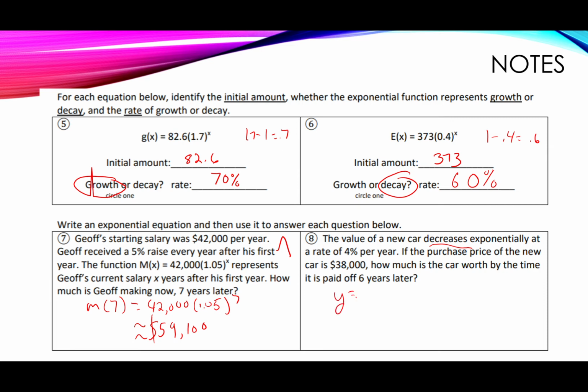So y is going to equal 38,000 because that's my starting price. And then I got to find the rate. Well, it says decay, so I got to subtract 1 minus 0.04 because 4% is 0.04. That gives us 0.96. So 0.96 to the x power. Well, they want to know for year 6, so I'm going to do 0.96 to the 6th power. So 38,000 in my calculator times 0.96 to the 6th power, and that's going to tell me it's going to be worth